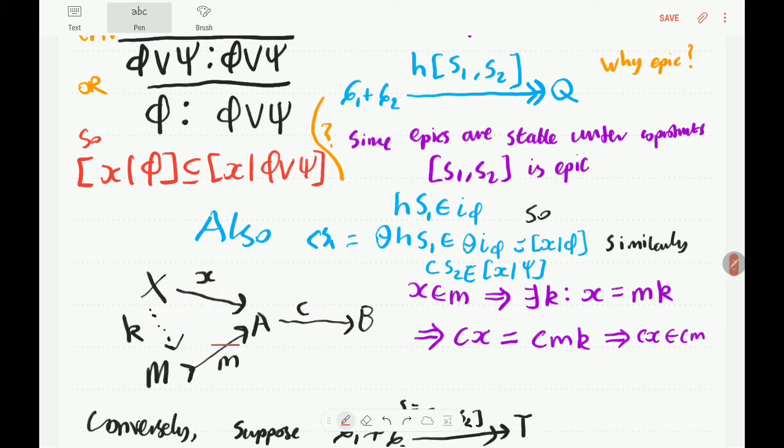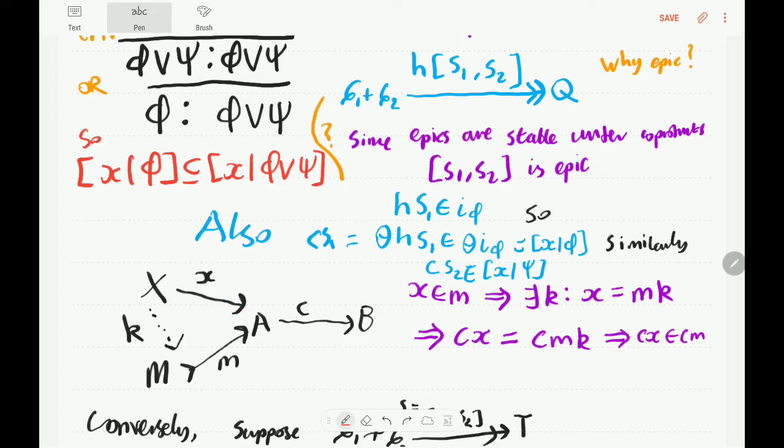For example, in this case, X is in M. So we automatically get that C X is in C M. Okay, because X is in M means there exists K such that X is M K, which means that C X equals C M K. So C X is in C M. I mean, provided you know that might not lead to a monic in general, but I think you ought to extend the usage of this word in, even when you're not talking about things being in monics,